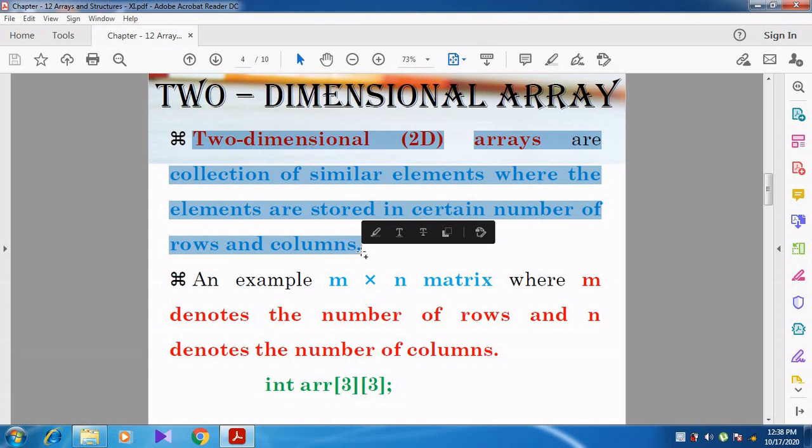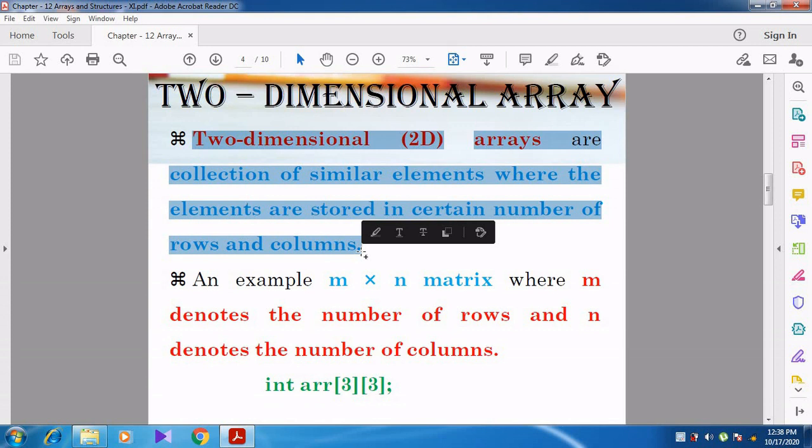Similar type of elements means all the elements will be integer, or all the elements will be floating point values, or all will be character, or all will be double data type.